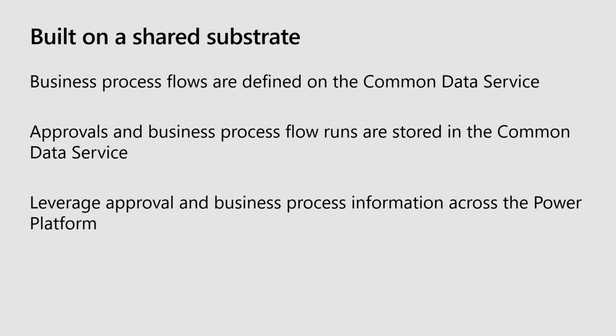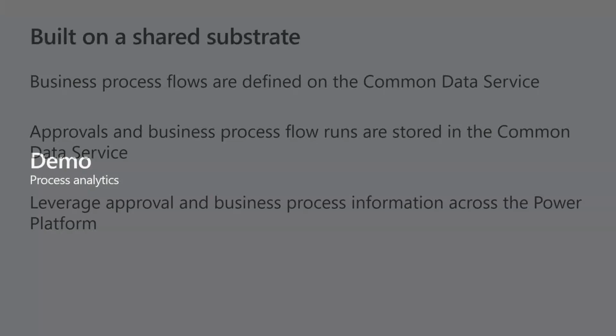The beauty of both approvals and business process flows is that they share a common substrate, that is the common data service. Business processes are defined on the common data service. Both approvals and business process flow run information is stored inside of the common data service. What this means is that you can leverage information about these runs inside of any of the Power Platform assets. You can use them inside of apps, inside of Power BI reports, and more. So to show you what that looks like,